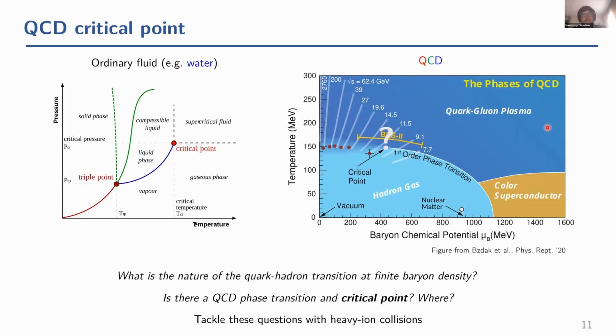And this then forms the basis of searching for the QCD critical point with heavy ion collisions, which, if the QCD critical point was found, would answer this question of what the QCD phase structure is like at finite baryon densities. Because if there is a critical point, then we know that there is a first order phase transition at higher μB, and then we know where the crossover stops at lower μB, and basically then we really learn quite a little bit more about the QCD phase diagram.